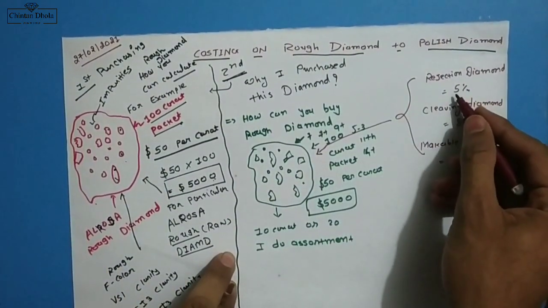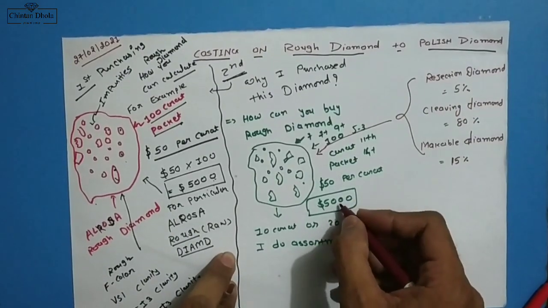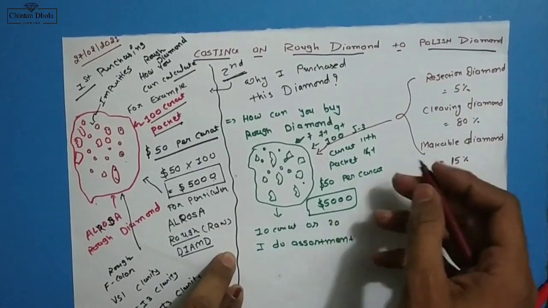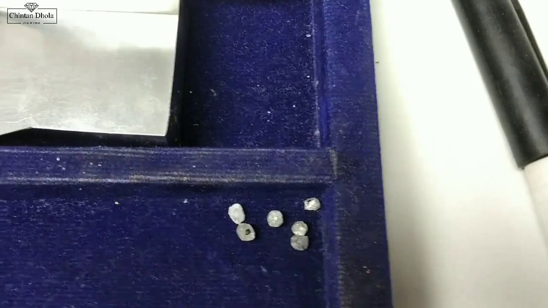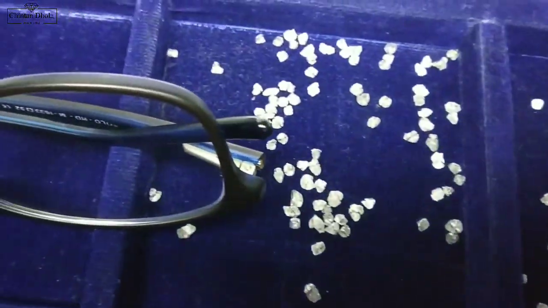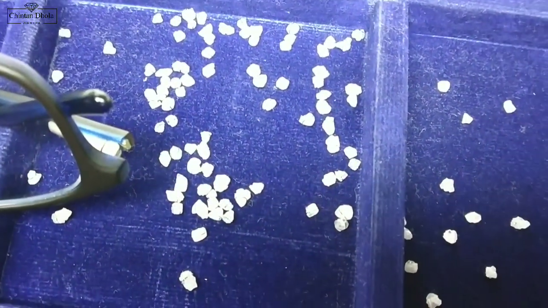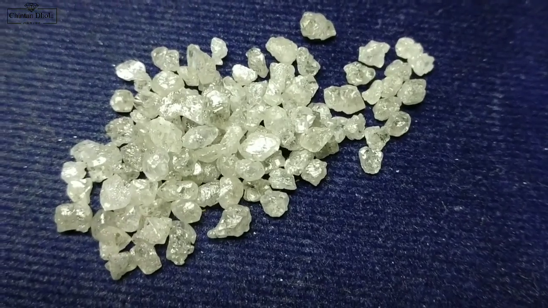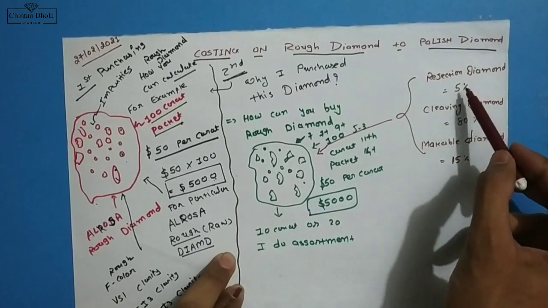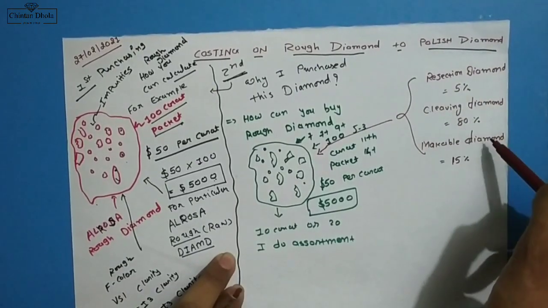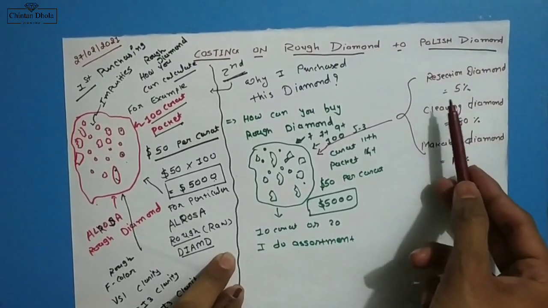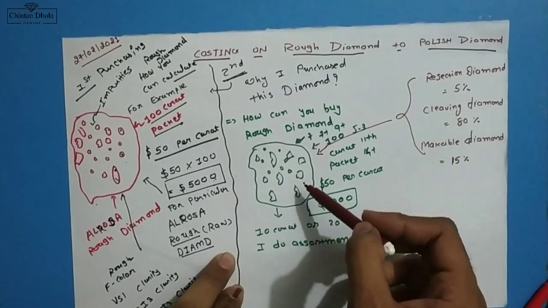After that we decide that it is okay for me, I can achieve this price from making polished diamond, so you can go for it. And if this price is not sure for you, then you have to leave this diamond and look at different types and different kinds of diamonds. So for these diamonds, we need to see the rejection diamond percentage ratio, then the cleaving diamond percentage ratio, and then the makeable diamond percentage ratio. After that you can purchase this packet.